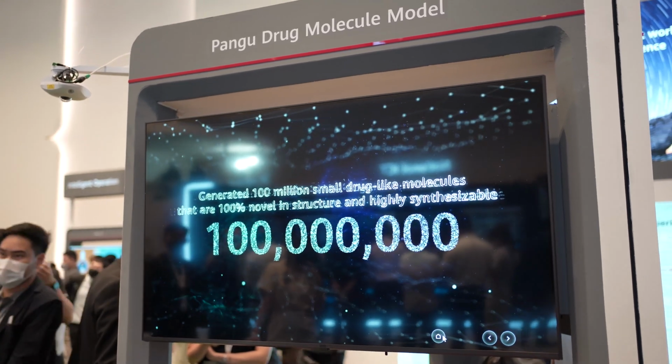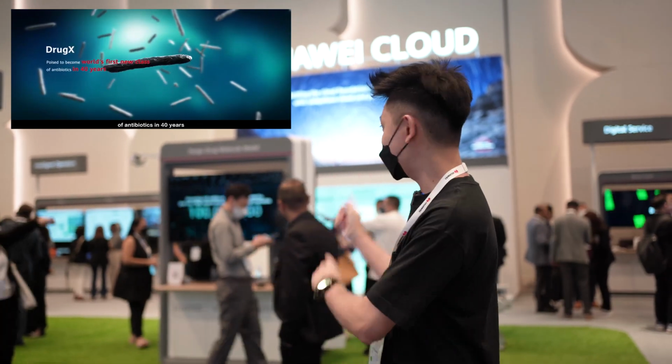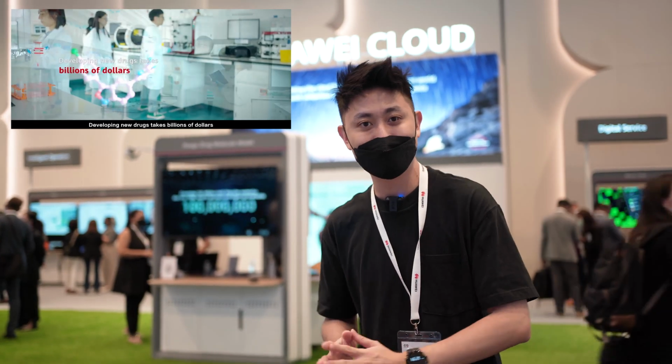Now what this Pangu drug molecule model does is it basically speeds up the process of getting a medicine for a current kind of sickness. So think about it this way. Today we are seeing a lot of new kinds of sicknesses and diseases, and it might take doctors, researchers and development about 10 years to actually get a particular medicine. But with this new drug molecule model, it can actually shorten the time to just 18 months, so almost 10